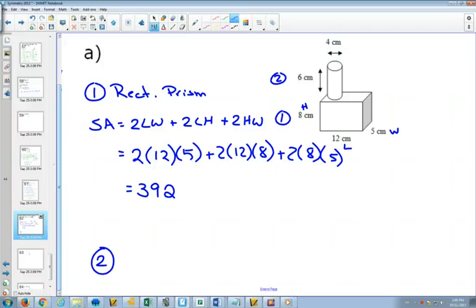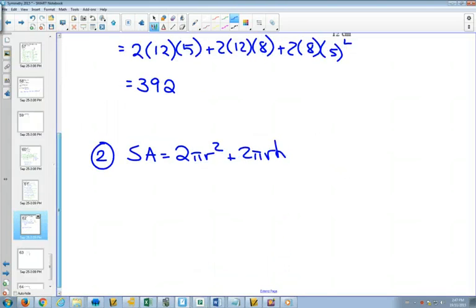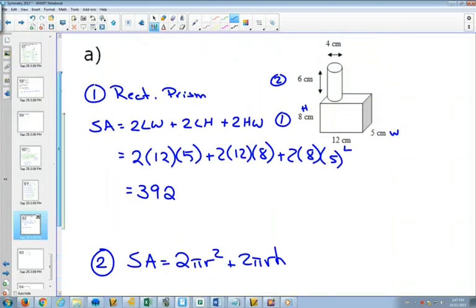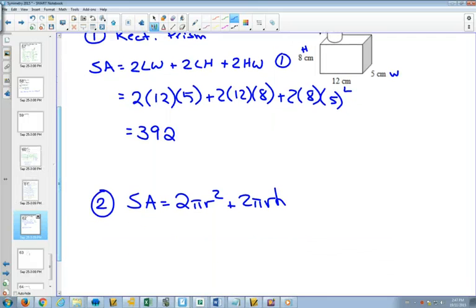And our second shape is a cylinder from our formula sheet. We take our cylinder formula from there. Now, do we know the radius of our shape? What is the radius going to be? 2, because the whole way across is 4. So our radius is going to be 2. Do we know the height? 6. So now we can figure out by plugging in 2 for the radius